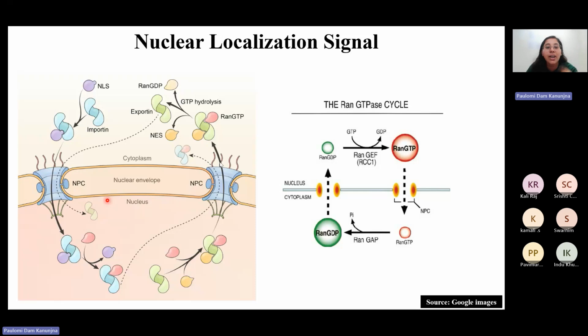So you have a cargo. Cargo is basically anything with the NLS. So this cargo is recognized by importin. It goes and binds to it and it takes it to the NPC. So the protein basically already has a tag that takes it to the nucleus. NLS is a tag, and your importin takes it and brings it and pushes it into the nuclear pore